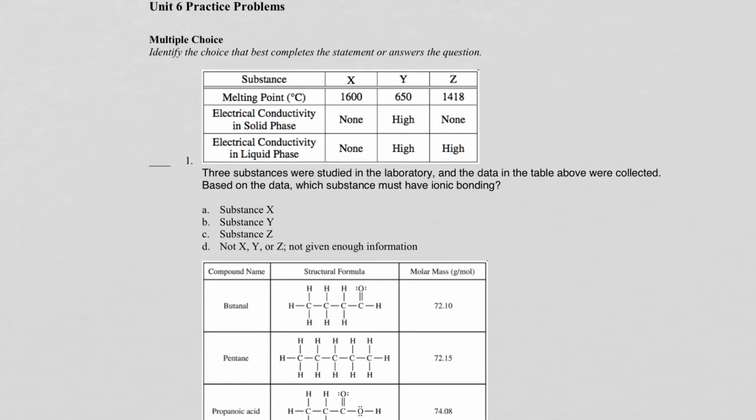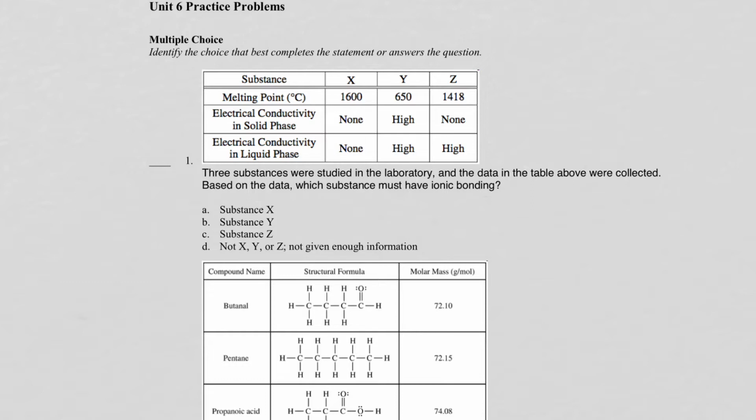All right, these are the Unit 6 practice problems. I tried to take different data tables or different molecules from secure questions and change the question so that they're similar but a little different. So question 1 gives some unknown substances and